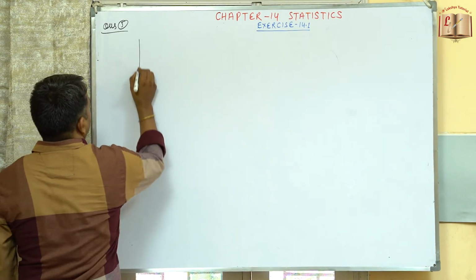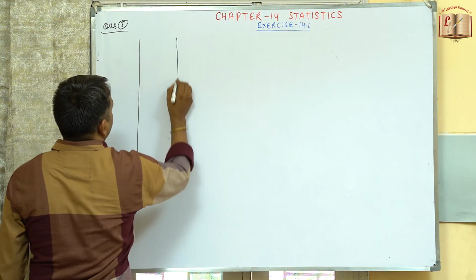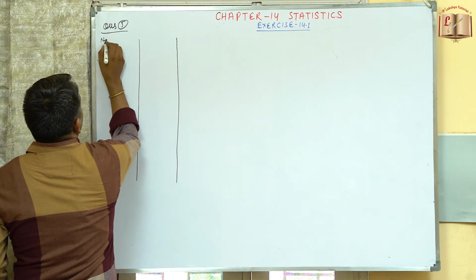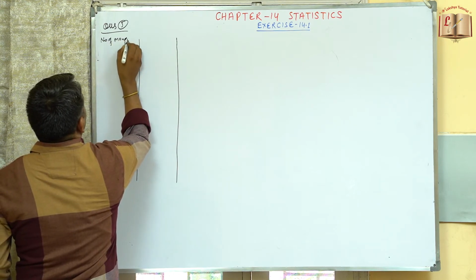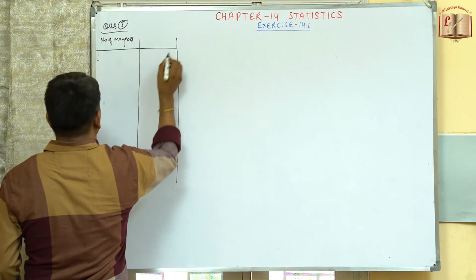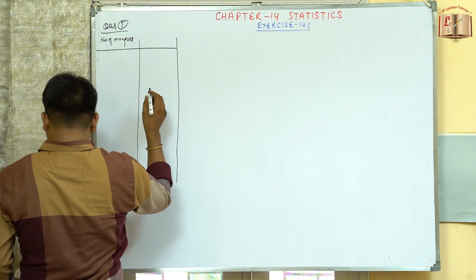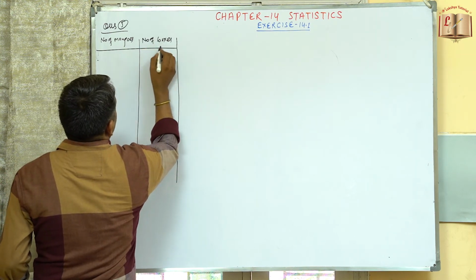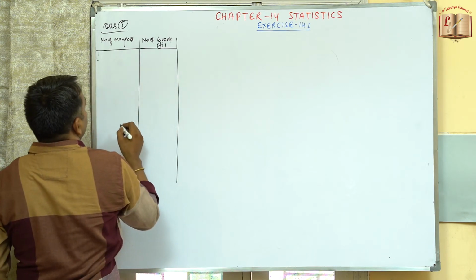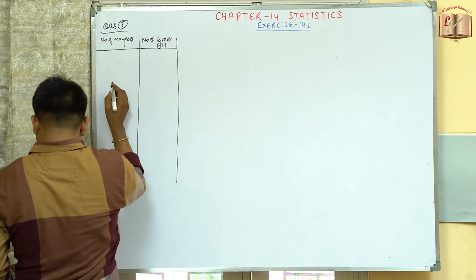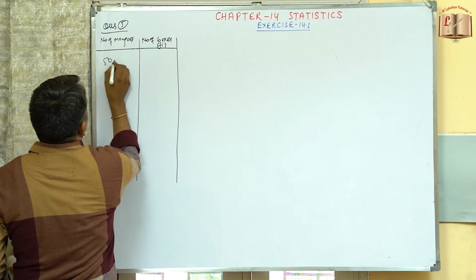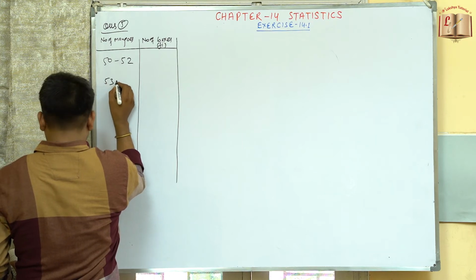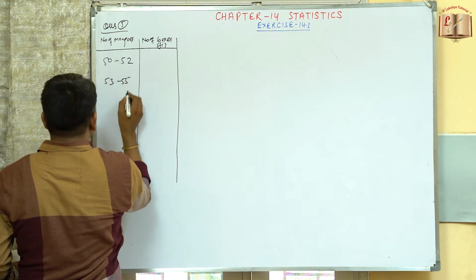So first of all we will take up this table. Number of mangoes is given to us, and the number of boxes is given to us. So this is Fi, the number of boxes is Fi. The number of mangoes range is given to us. So this is from 50 to 52, then 53 to 55,